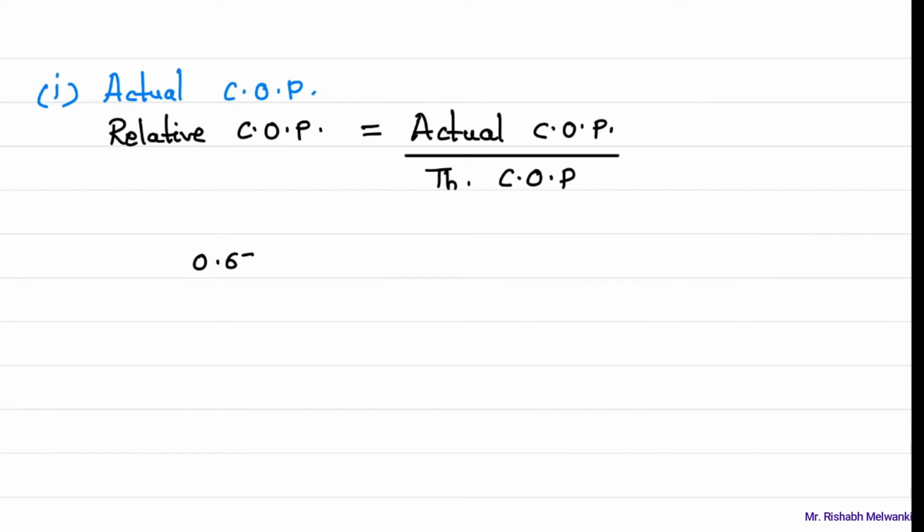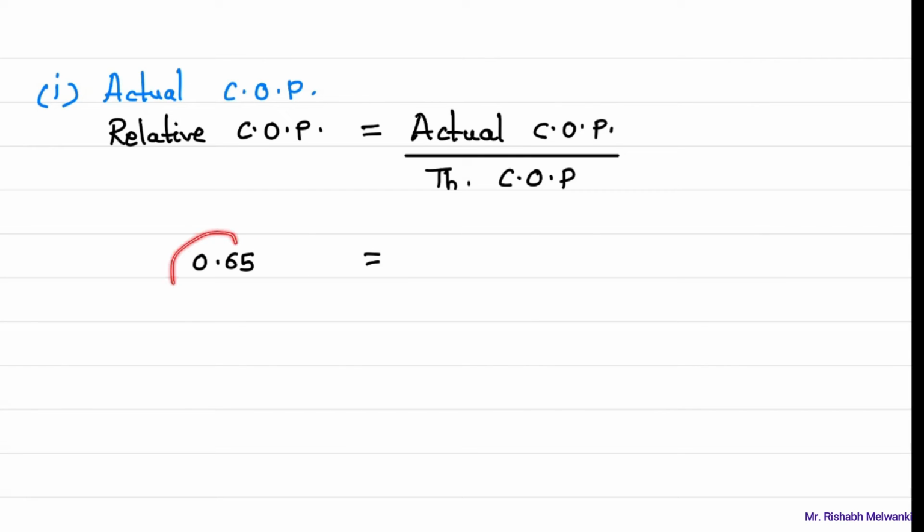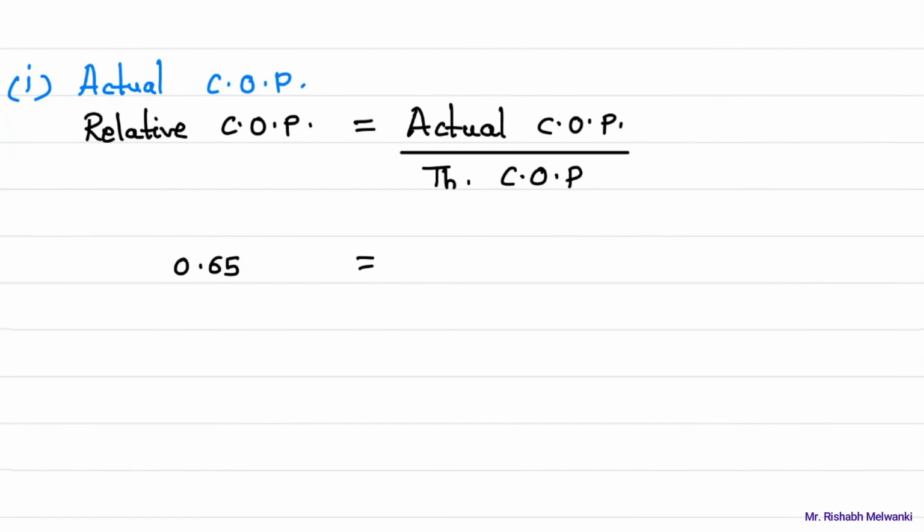You have to observe this, that the actual COP value is greater than 1 for a refrigerator or heat pump. Theoretical COP value is also greater than 1. But relative COP is basically a percentage. Even though it is written COP, this is basically the percentage. So understand that point. So relative COP is 65%, so 0.65 equals actual COP, which we have to find,